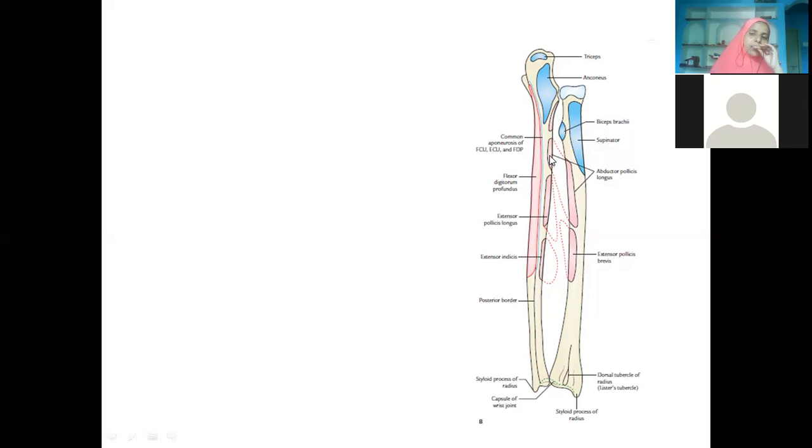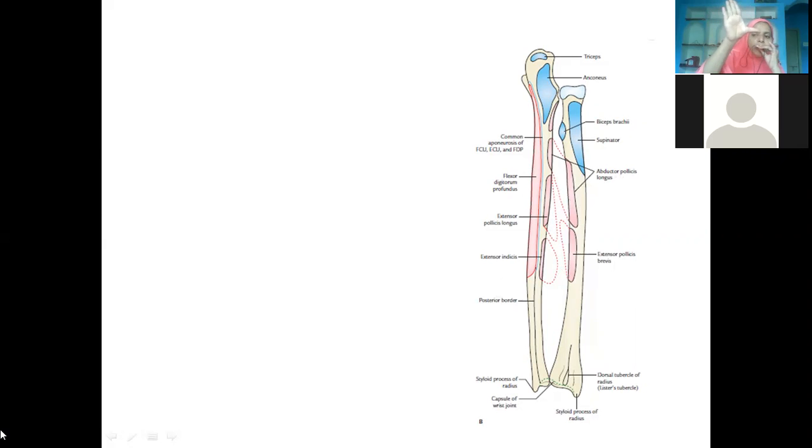When you see, I told you between the interosseous border of radius and interosseous border of ulna, we have interosseous membrane. The posterior aspect of the interosseous membrane, it's giving origin to what muscles we are finding here? The radius is the lateral bone which is close to the thumb. So the muscles which are moving towards the thumb are abductor pollicis longus and extensor pollicis brevis. Pollicis means thumb. Brevis means small muscle. Okay. Longus means long muscle.